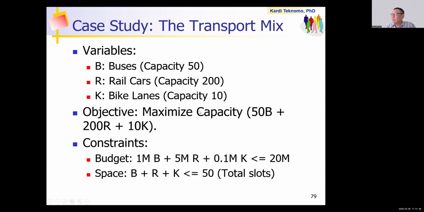Remember, capacity is not necessarily money, but any variable that you want as your objective. Then you have a budget limit, and you also have a space limit, say the depot slots and so on. These are the constraints and the objective. So can you put this into the calculator?